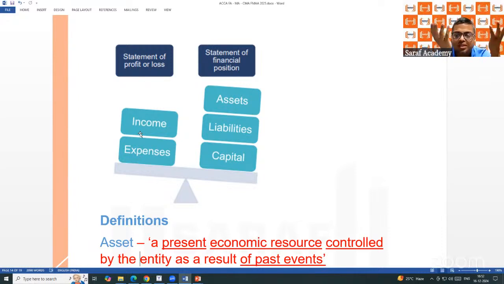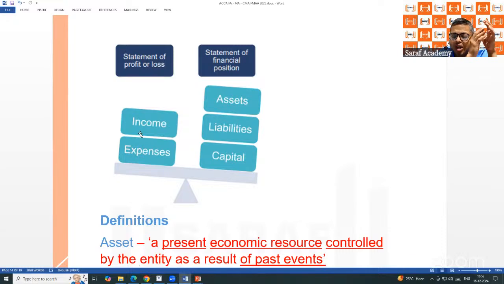If you don't know the definition, you are sitting in the class. In front of you, computer, laptop, camera, furniture, property, all these are assets. What is a liability? For these assets, if I have taken loan from the bank, then the amount payable to bank. If anything purchased on credit, then in that case, those payments are to be done. That is a liability. What is capital or equity? That is the money given to the business by the owner of the business. In a sole proprietorship, partnership, it is capital. In a company, it is ordinary share capital or equity share capital.